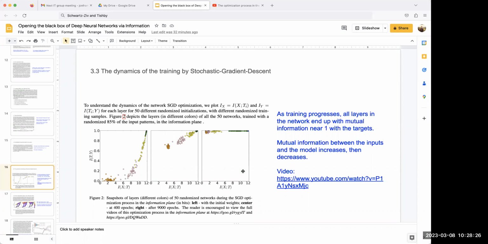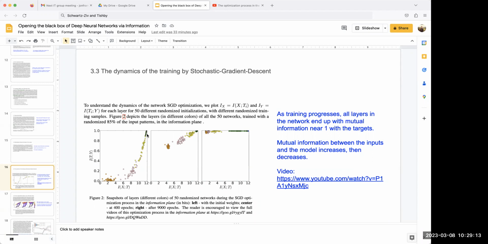I don't think it actually says what the color coding of those dots is though. That would be good to know. Did anybody see that? But I believe you that that would be the case. So yeah, I still don't get it, because let's say the green dots in the upper right corner of the first left plot, they have high mutual information of the model and the input, but at the same time, they do have high mutual information between the model and the output as well. So that's also not in line with what I first said. So I'm a little lost here.